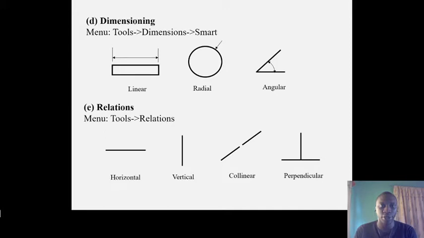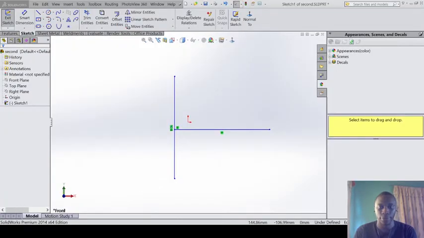We stopped at relation yesterday, sketch relation, and we will continue from there today. So let me go to relation now. For example, now,